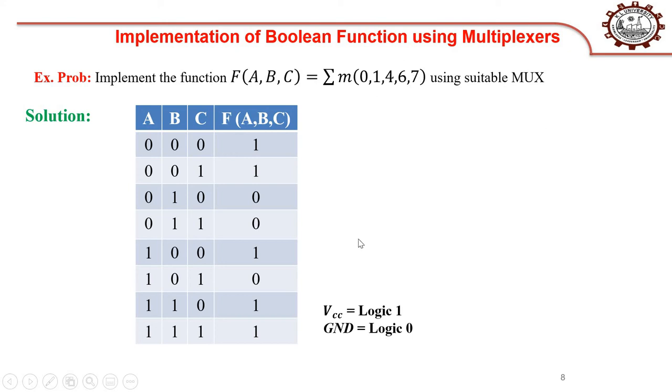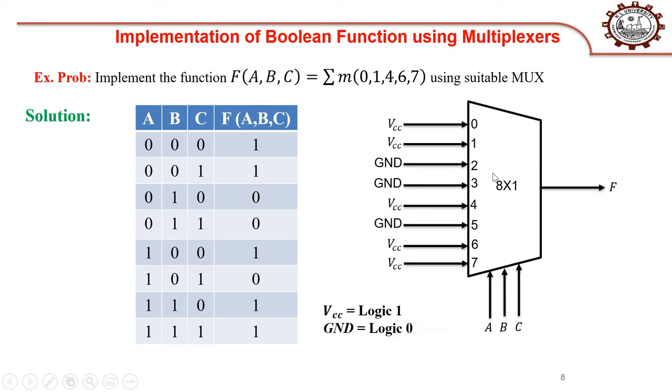Okay, if you want to construct a multiplexer based circuit for this particular expression, first look into the maximum number that is available in this. The maximum number available is 7. That means you have to identify which multiplexer is suitable. If you take a 2:1 multiplexer, you can connect only 2 inputs, so the number is big. Next, if you take 4:1, you can construct only 0, 1, 2, 3, but here the number is more. If you take an 8:1 multiplexer, it ranges from 0 to 7. So here the choice is 8:1 multiplexer.